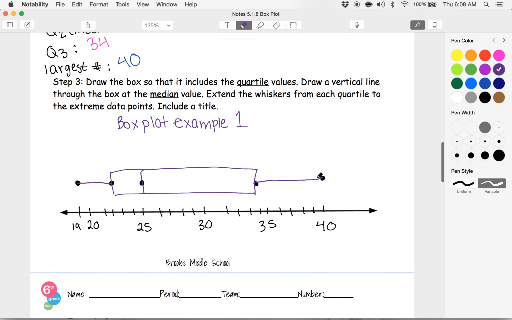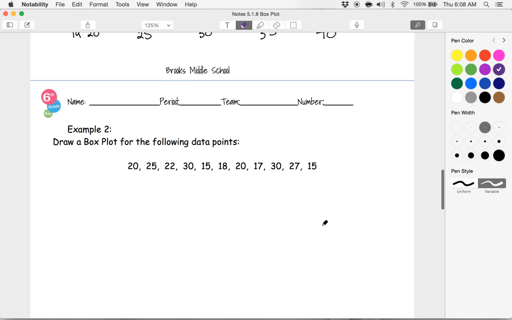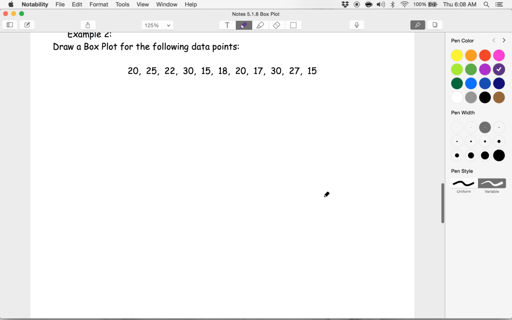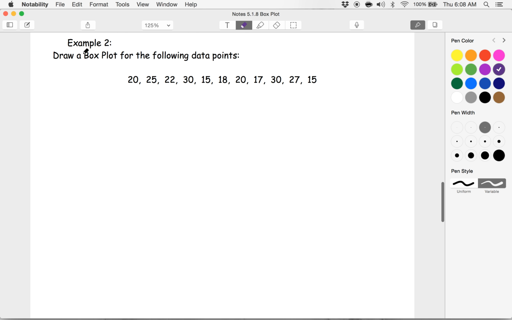All right, let's try another example. Draw a box plot for the following data. So we're going to put our numbers in order. Let's see, what is my smallest one? Looks like 15, 15, 17, so 15, 15, 17,